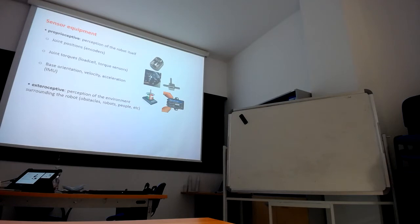So this is what we use, and we will use in the last lecture, to close the loop on the orientation of the trunk. Whenever we do the whole body control that controls the trunk orientation, we close the loop on the output of these sensors. Then we have exteroceptive sensors, which allow the robot to perceive the environment surrounding itself, like obstacles, people,